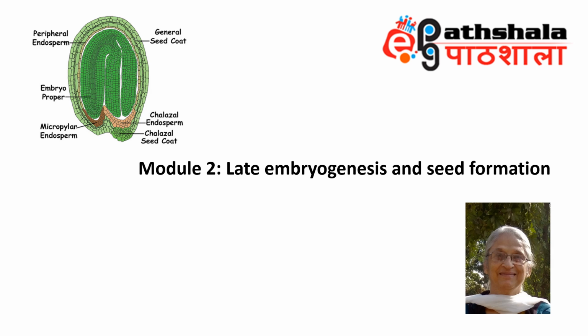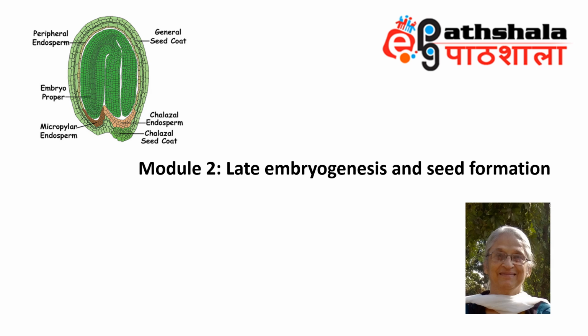Hello everyone. We learnt about how the zygote divides and differentiates to form the embryo in the last module. The developmental processes leading to embryo maturation and seed formation start after the morphogenesis phase of embryo development, which is completed by the heart-shaped embryo stage. In this module, we shall study these developmental processes which lead to embryo maturation, endosperm development, and the formation of